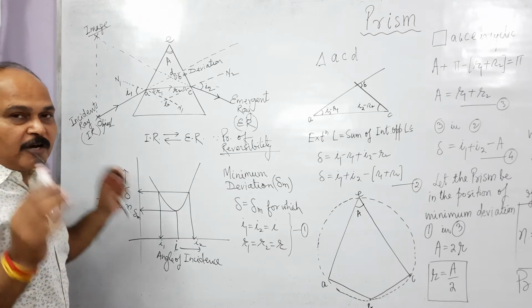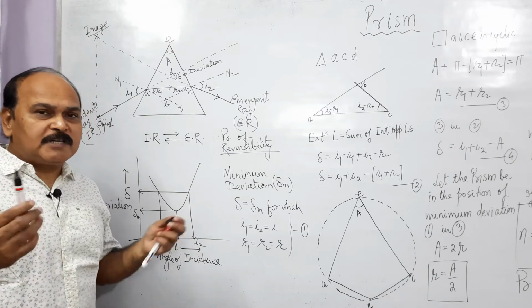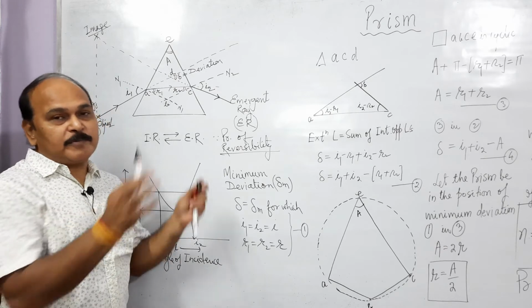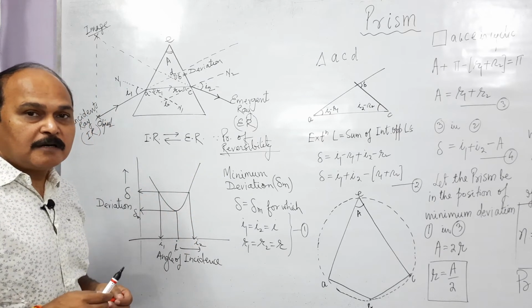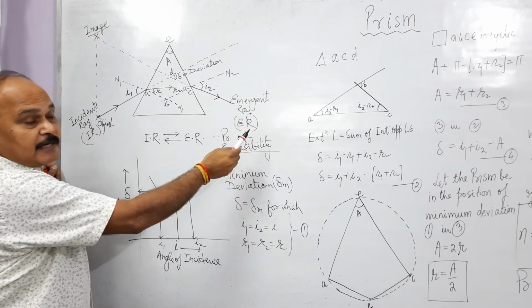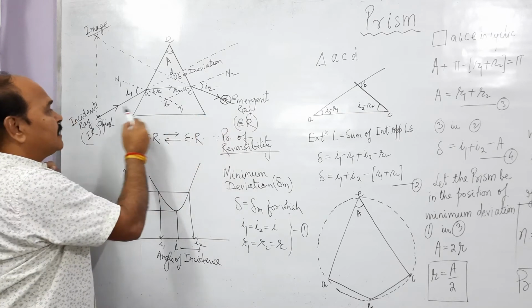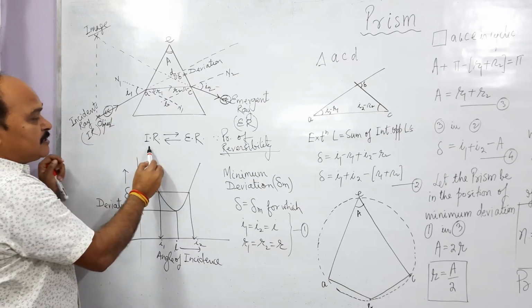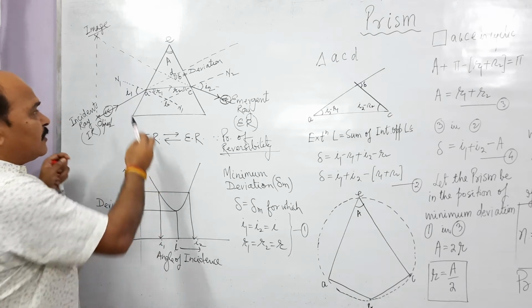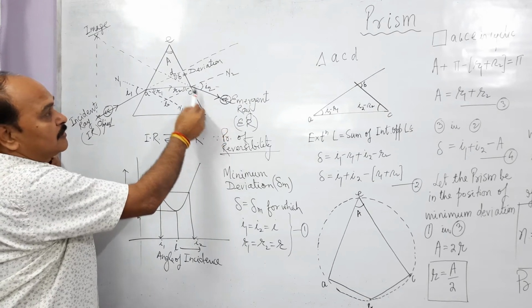Well, throughout ray optics, we all know that a principle holds true. And what is that principle? That principle is the principle of reversibility. So throughout ray optics, all the rays are reversible. If this happens to be the incident ray, this is the refracted ray, and the final emergent ray. Now what will happen if this happens to be the incident ray? In that case, this is going to be the emergent ray. That means incident ray and emergent ray are reversible. If the light is falling from here at an angle I1, it is coming out at an angle I2 from the normal. This is the angular deviation.